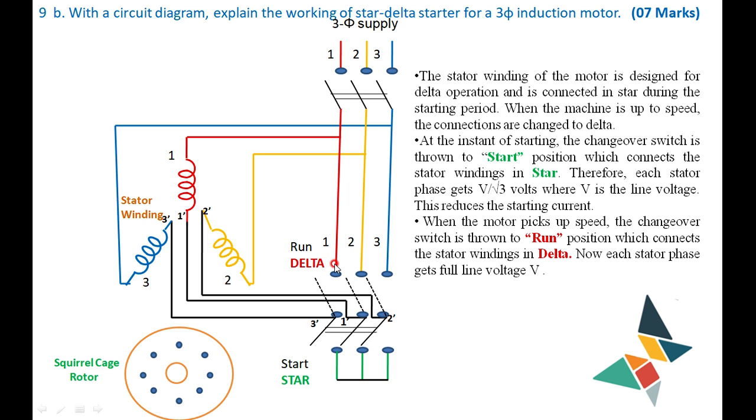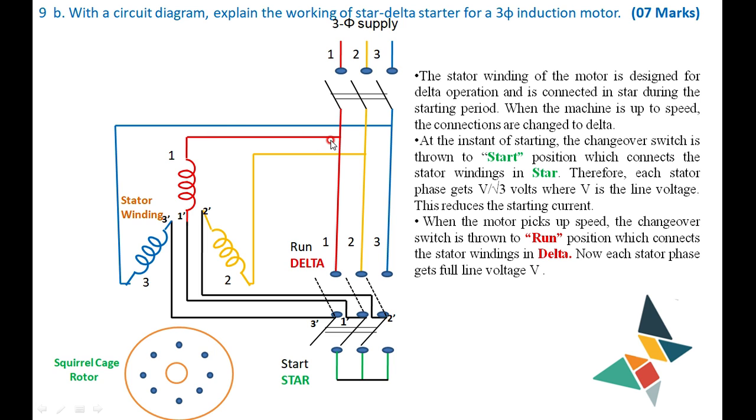That is, 1 is connected to 3 dash, 2 is connected to 1 dash, 3 is connected to 2 dash. You can recall here, 1 dash is connected to 1, is connected to 3 dash. See here, 1 is connected to 3 dash. You can see here, it is the starting point. You can state it is a closed path here.